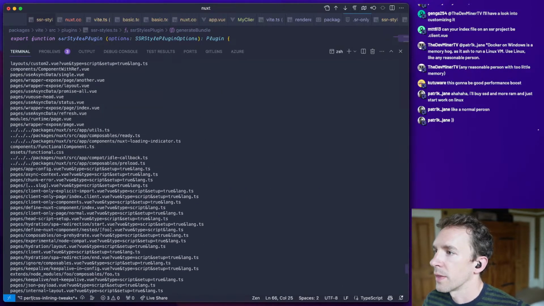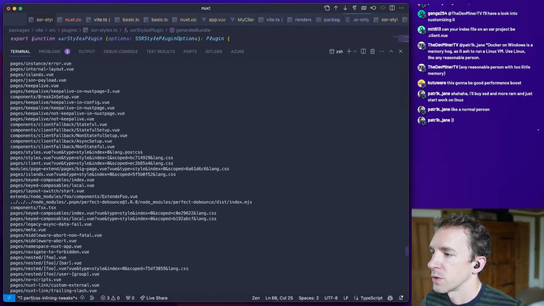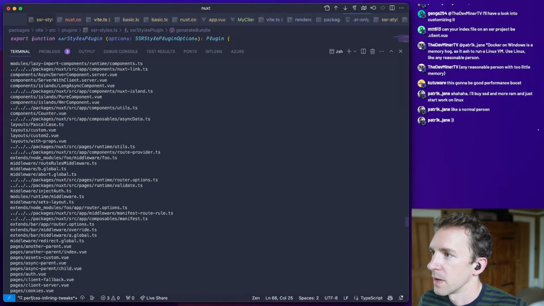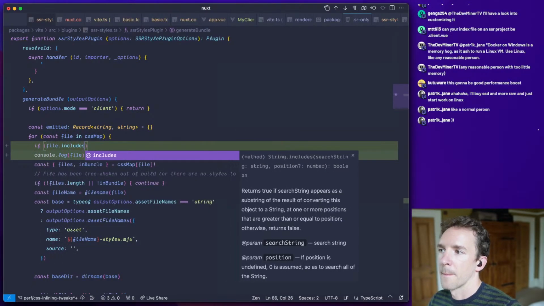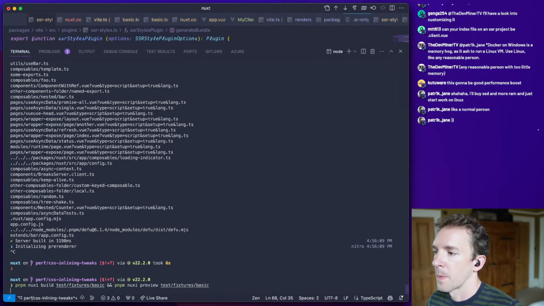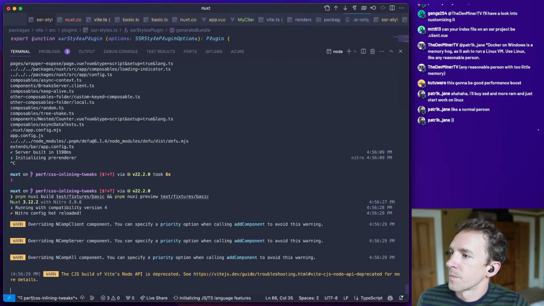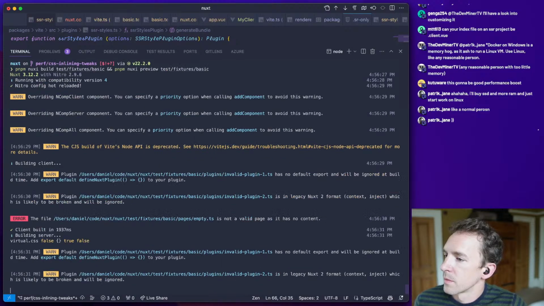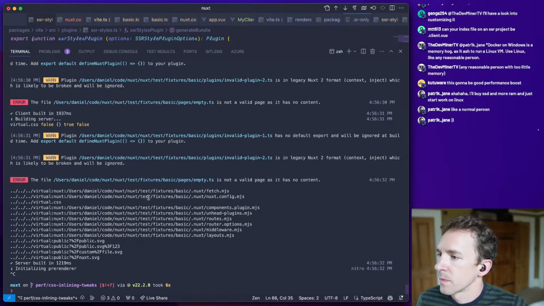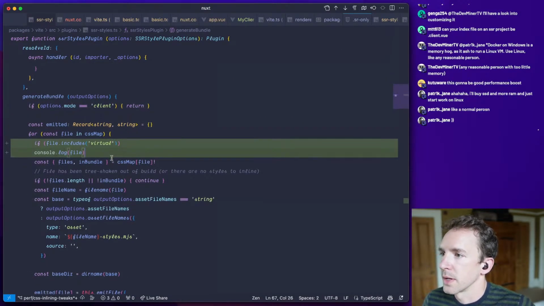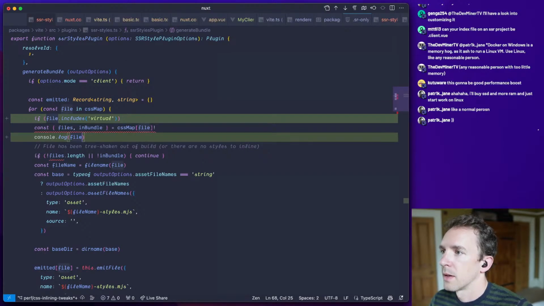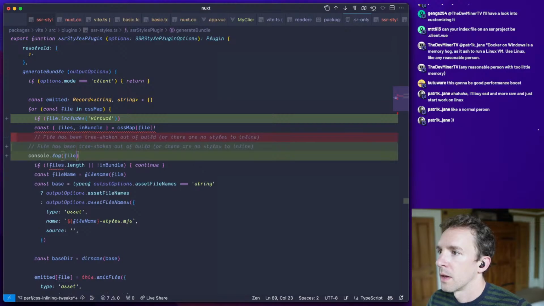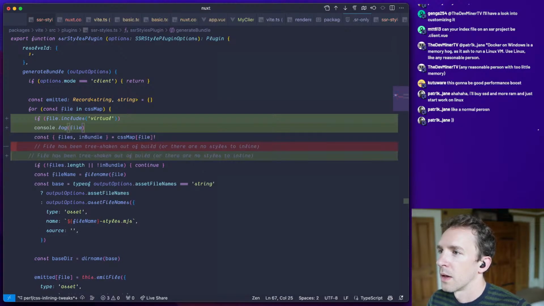Okay, so we've got this here, and does it have virtual.css anywhere in here? This is what I'm interested in. Let's see. Yeah, we do have virtual.css. And, of course.